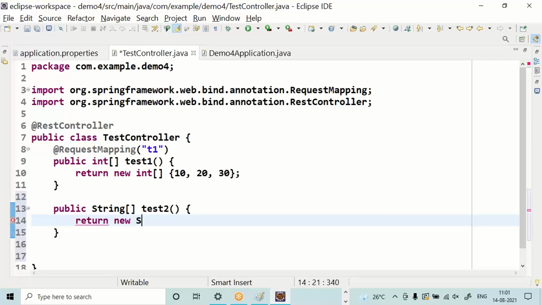Return new string array of multiple string objects.